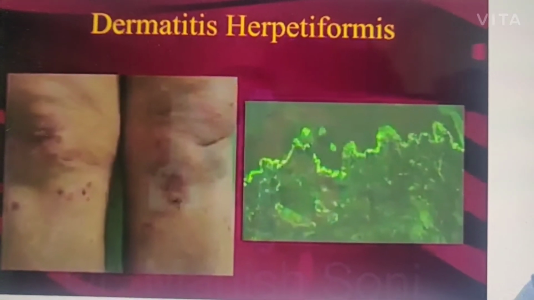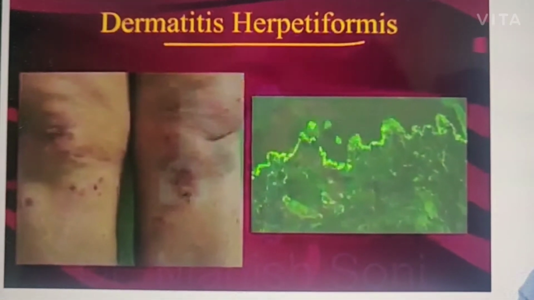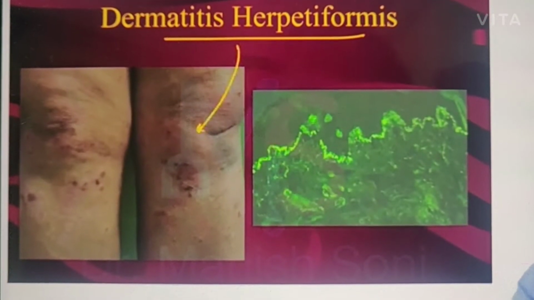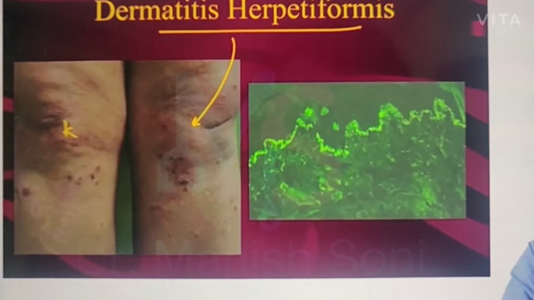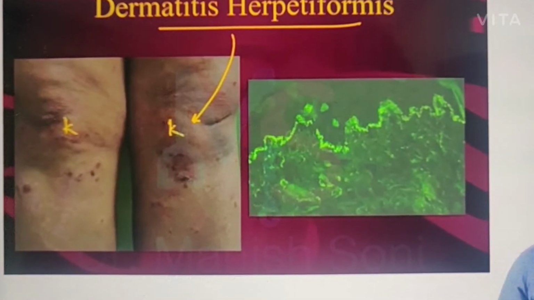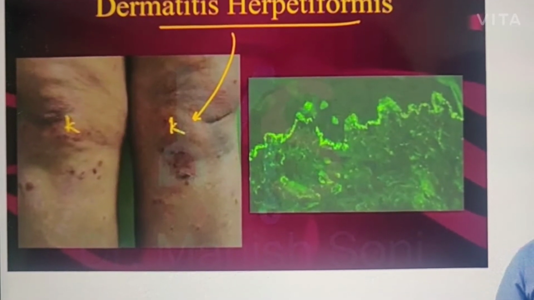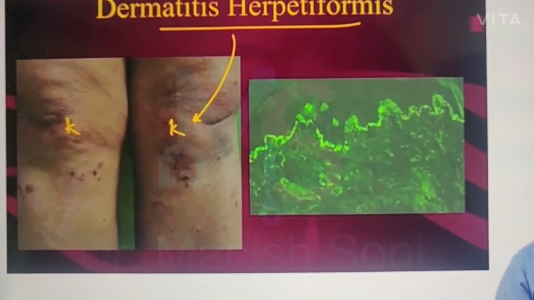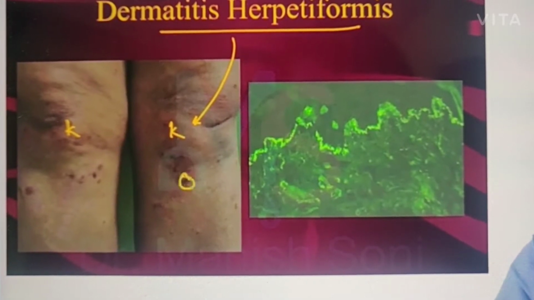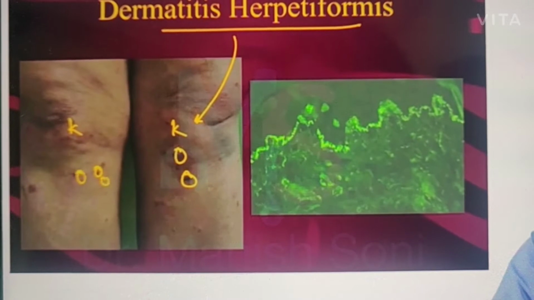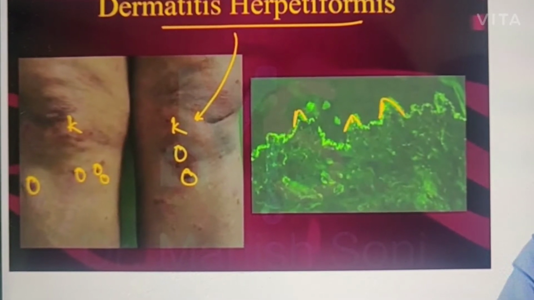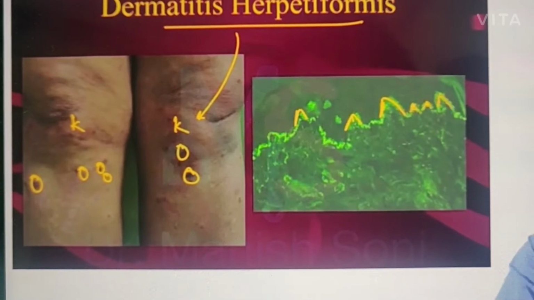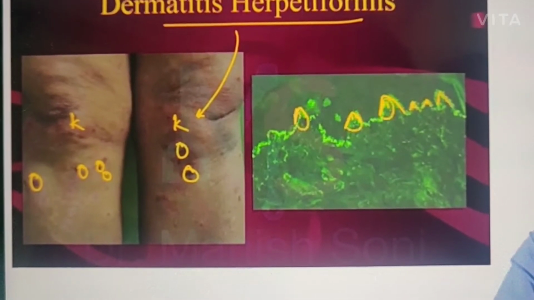Like you can see, this is a patient suffering from dermatitis herpetiformis. Why dermatitis herpetiformis? Because this is a condition which commonly occurs over extensors. So you can see knee involvement, and over the knee generally these patients present with vesicopapules, and since this is an extremely pruritic condition, when the patient scratches them, these excoriated lesions are seen. And if you see DIF, you will find this granular pattern which is mainly present over the dermal papilla. So this gives a granular pattern over the dermal papilla.